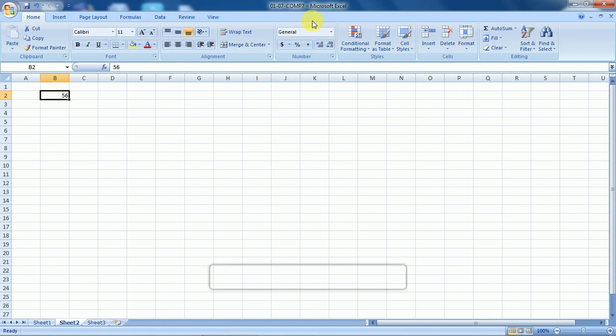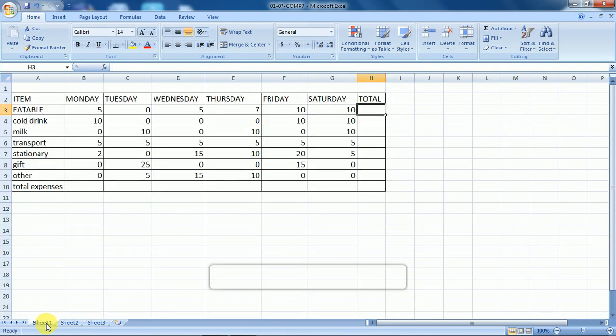And here we can see the sheet tab. We know that in a book we can see many pages. In the same way it is called a workbook. It consists of many pages. Now I have selected sheet 3, so sheet 2 and sheet 3 and sheet 1, etc. And we will select sheet 1, and I have entered some numbers or some text I have mentioned. A table is created here.